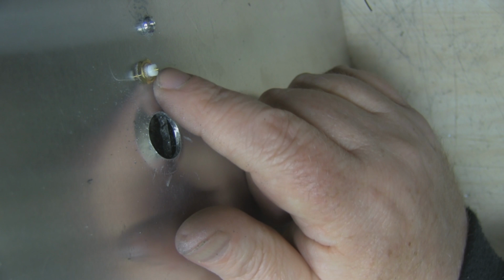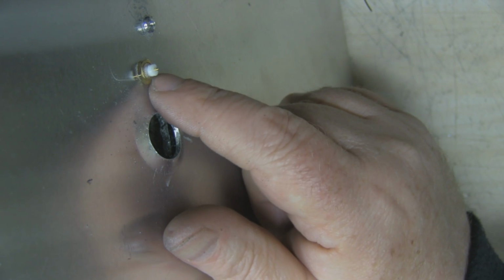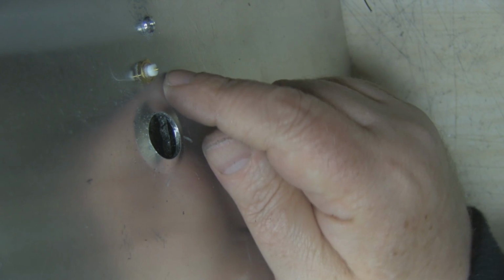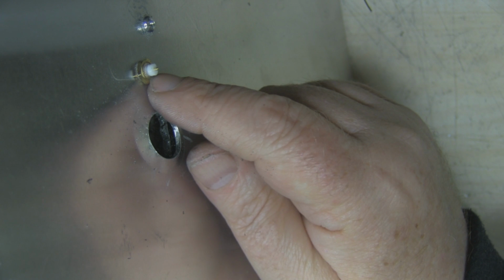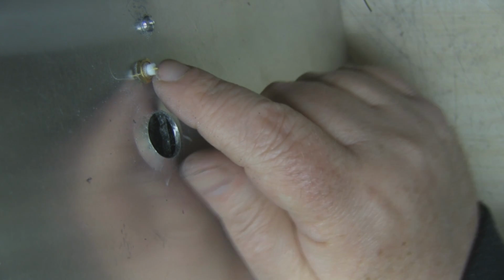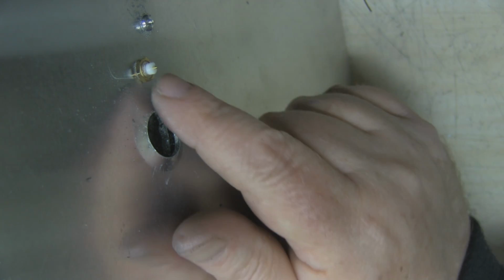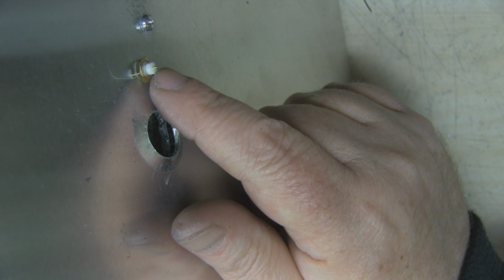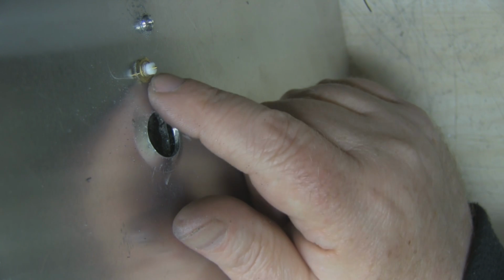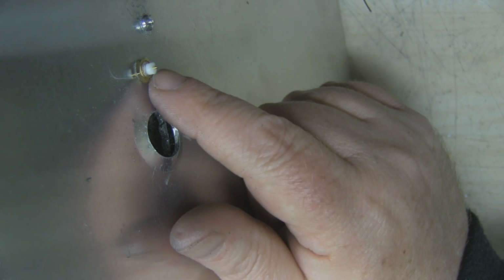So the bulkhead connector is fitted in place. I'm really pleased how flush that's sat on there now. So what we can do, we've got a good connection to ground on the reflector with the bulkhead connector nut here, and we can also solder our helical coil directly to that center pin there, so we've got a good connection there as well. And as I said, I'll probably just trim away a little bit of that dielectric, leave a little bit in place so we have that little bit of insulation between the ground plane and the